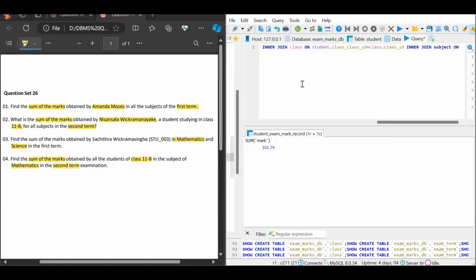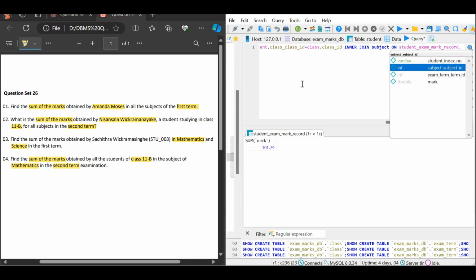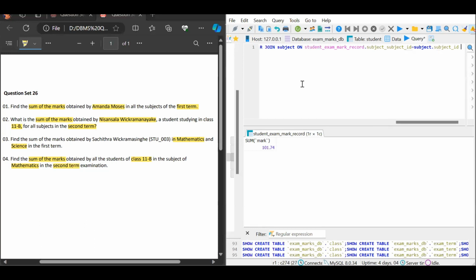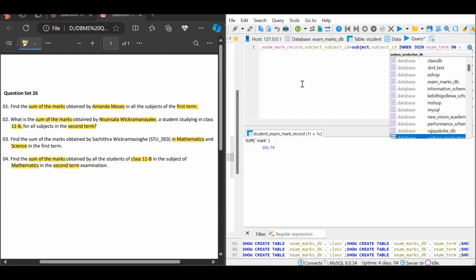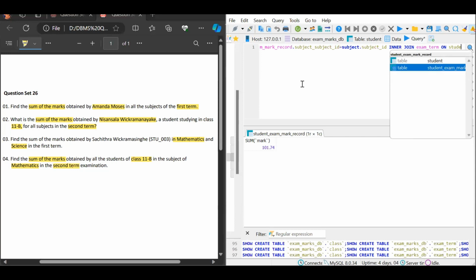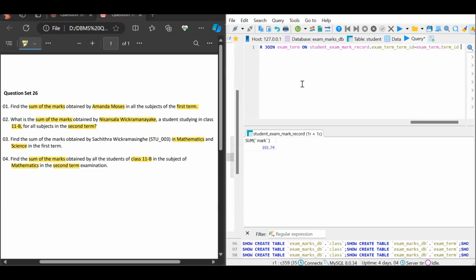and we can use the on keyword and student exam mark record table dot the subject id equals to subject table dot the subject id, and then we can again use the inner join, and let's join the exam term table on the student exam mark record table dot the exam term id equals to exam term table dot the term id, and then at last we can use the where clause, and then inside the brackets we can give the